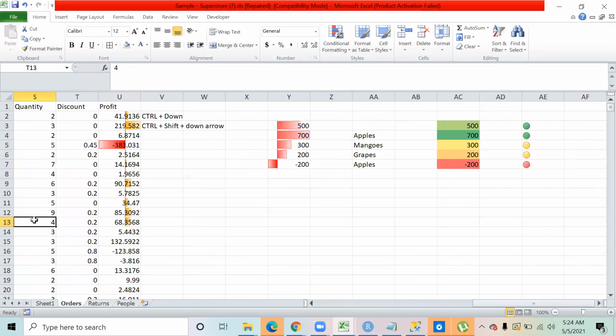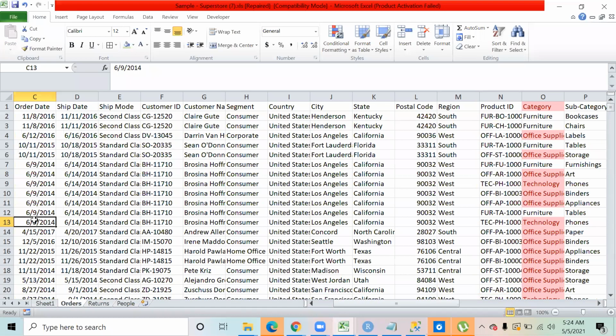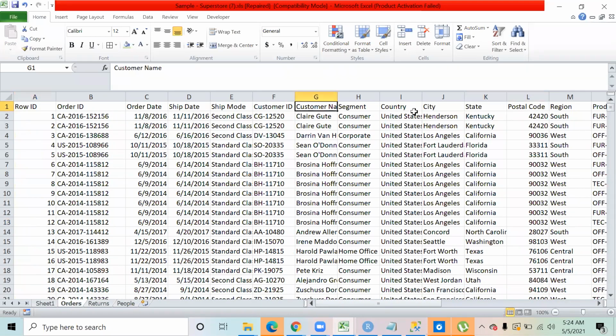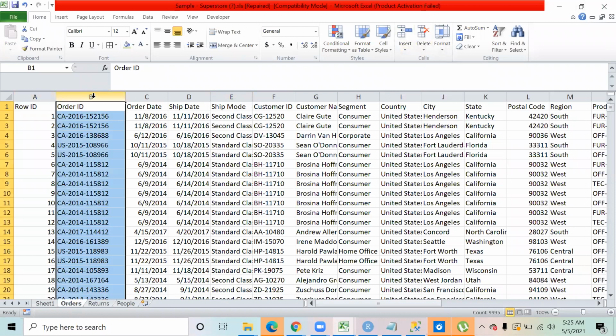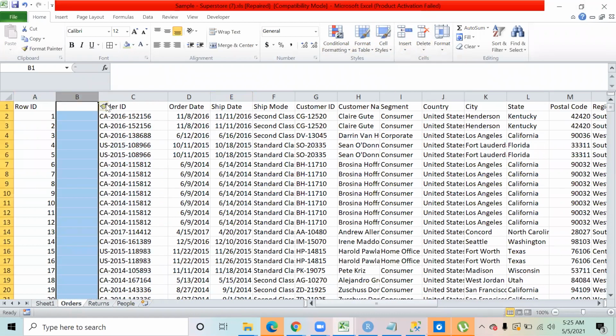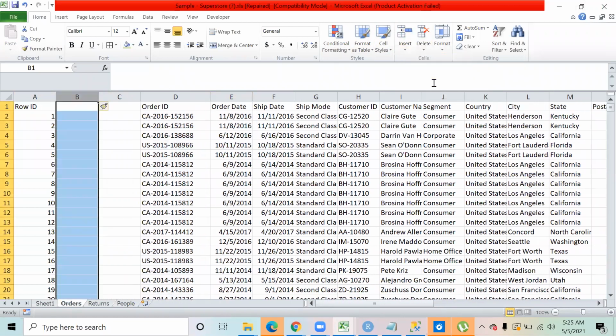Yeah. So let's move ahead. These are some things that you will see if you want to insert some rows, columns, and so on. You can use this. For example, I'm again going to tell you some shortcuts. You see this insert is, for example, if you want to insert a column, you feel that before order ID you want to have some additional stuff. You can come over here and say insert cells, so a new column will be added, or you can say insert column, and a new column will be added.